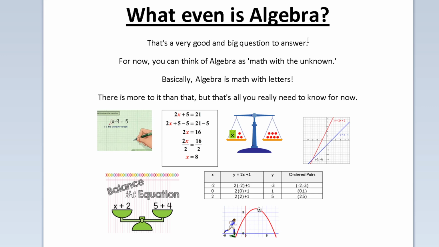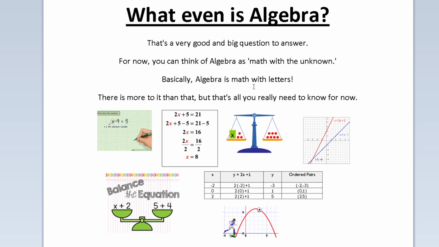algebra, yes, it does involve working with unknowns, X, and you've also seen Y though. So I'd say for 7th graders, for you to understand algebra, I would put it this way: it's the connection between equations, tables, graphs, and ultimately the relationship between different variables, particularly X and Y. As you get more advanced, X, Y, and Z. And as you get more advanced than that, you can take that even further. I won't get into that, but